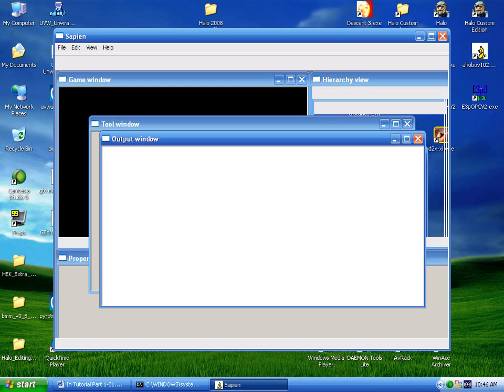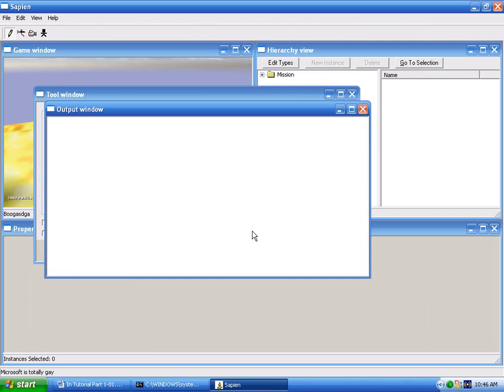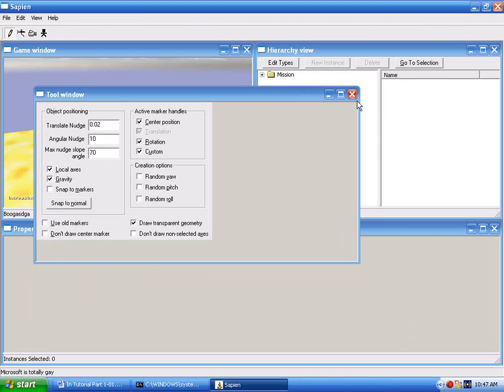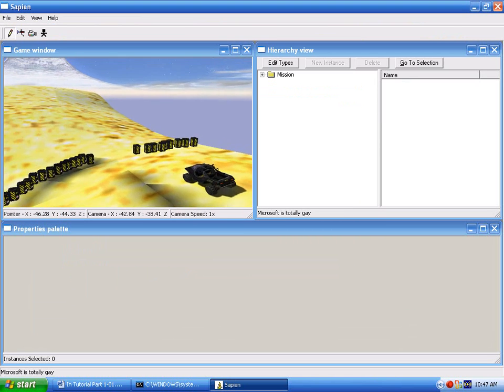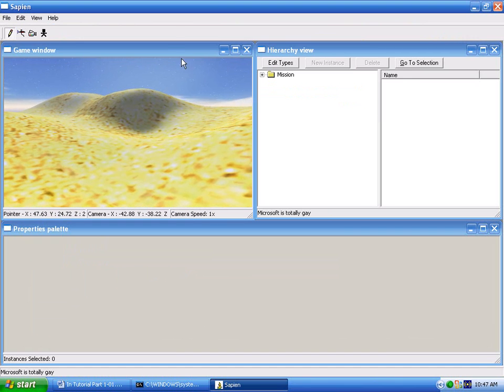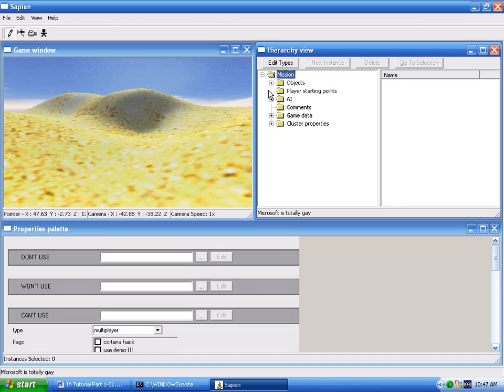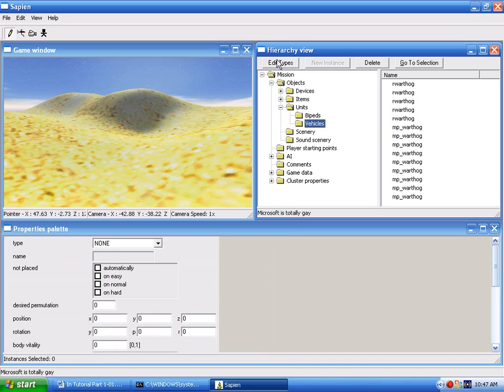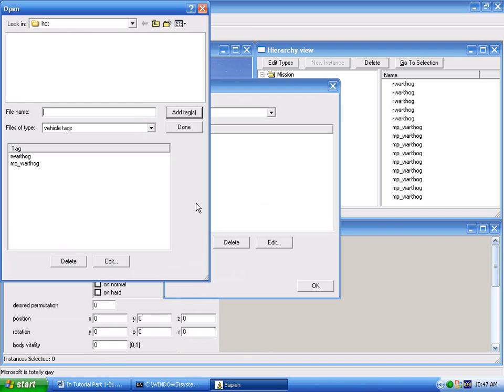Also, if you have a dual core machine, you'll have to look online to find a fix for Sapien, because it has errors sometimes and won't open right. Alright, we're going to add the vehicle, mission, objects, units, vehicles, edit types, add,